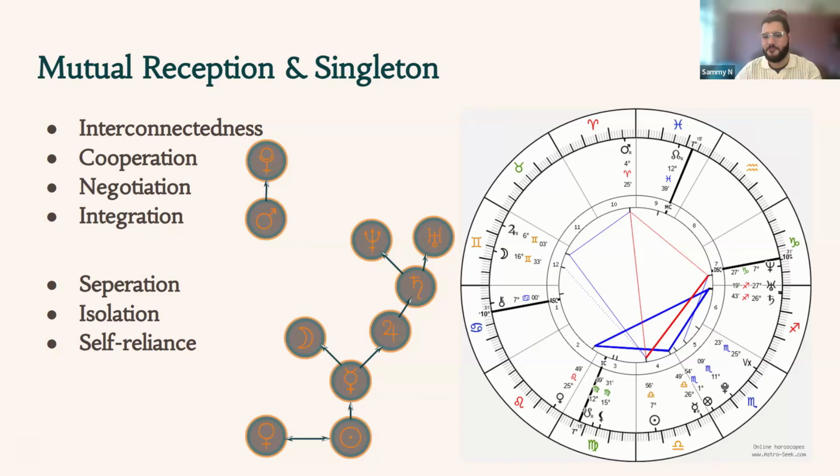Okay. And because the outers are not ruling any signs, if we were to take them out, it would just be Mars left here. So the way I would describe this one is more separation, isolation, and self-reliance, which is very Mars and Aries. Very, very Mars and Aries. These are keywords I have for this type of tree. I would say this is probably the stereotypical expression of this type of tree, Mars and Aries, is that